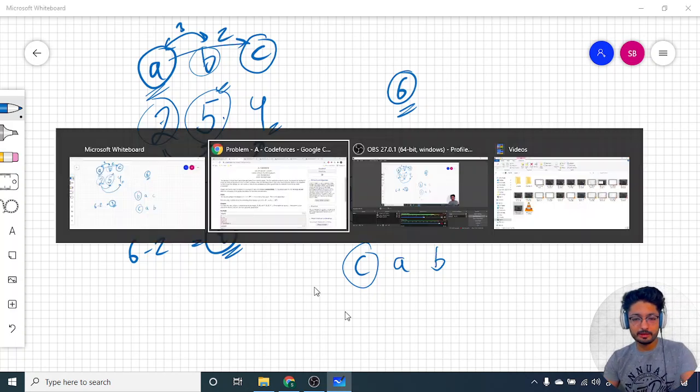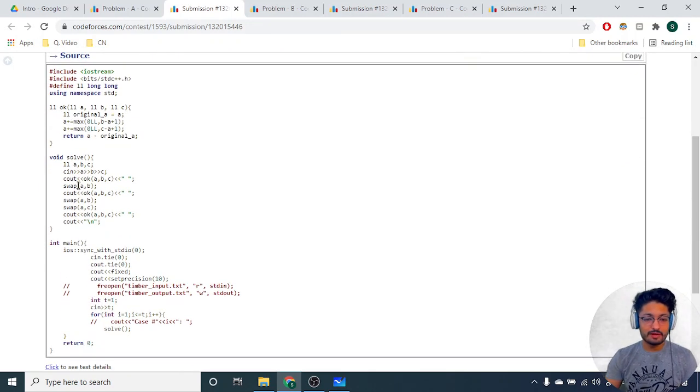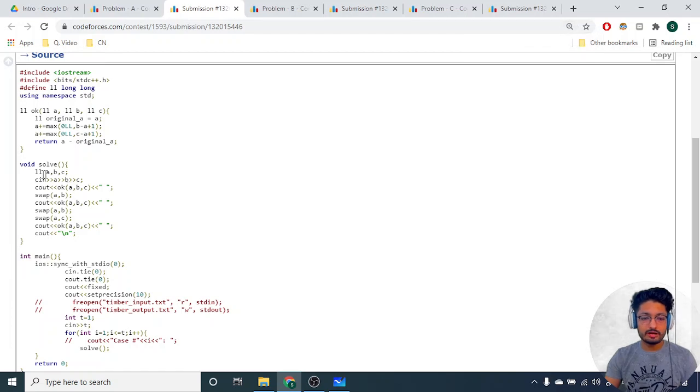Let's move down to the code part now. So that's the whole code. All the code will be in the description of this video, so you can check the code out also. As you can see, what I've done here is, let us zoom it out. I've taken the input of A, B and C. Then this is the OK function that will take A, B and C as the input. Then for the next case, swap A and B, because now I have placed B at the first position, and call this function again with A, B and C, so that it will again do the same thing, making the first candidate in this scenario win.